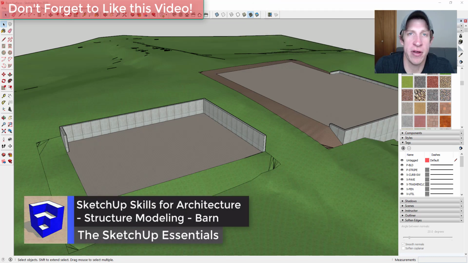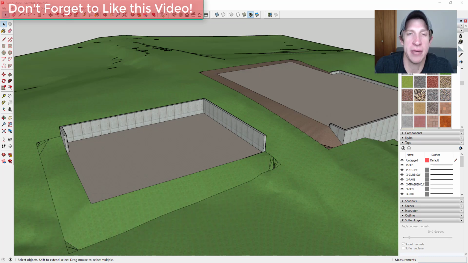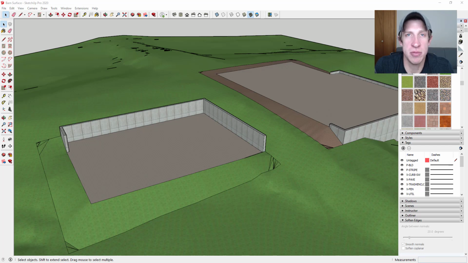So this is kind of a free-form series. What I wanted to do is start modeling out different buildings on the site that we created yesterday. So I figured I could show you how I would do it, how I would set everything up, and we'll get into some various skills like modeling all the different structures and possibly even creating some roads and other stuff like that on our site. It's just going to be a series with a lot of skills that people that work in architecture will